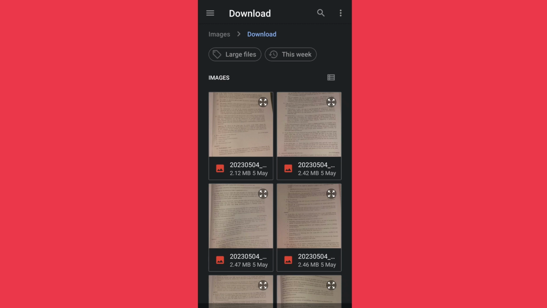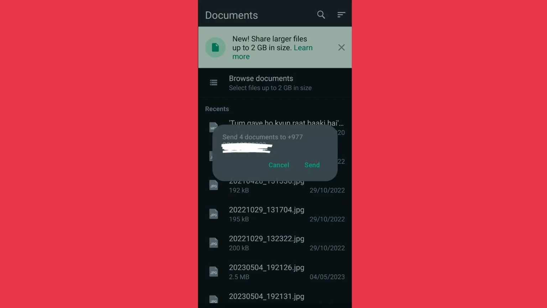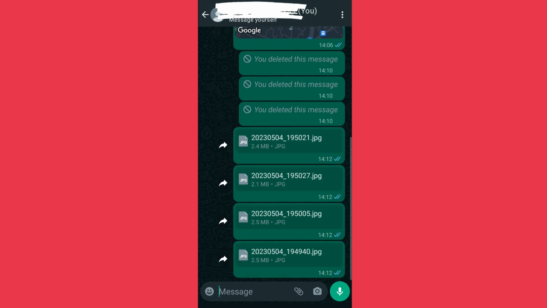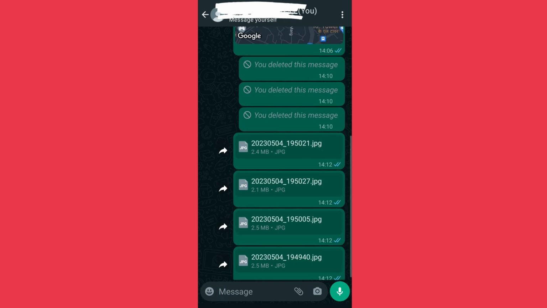You can either select one or tap and hold to select multiple. Let's select 4 and then tap on select. Now it will ask for permission to send those photos as documents to the confirmed recipient. Tap on send and as you can see, the 4 photos that I selected have been sent as document to